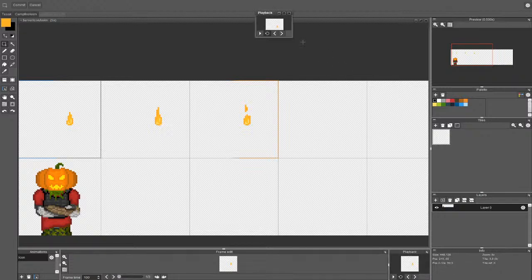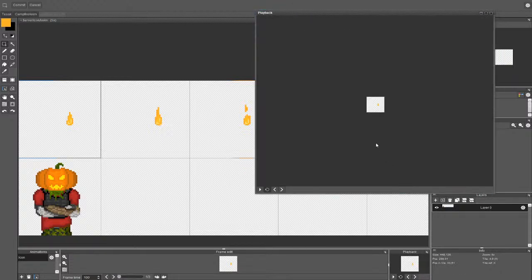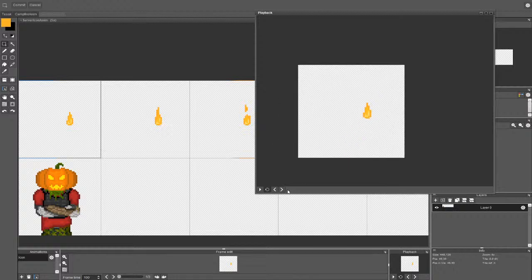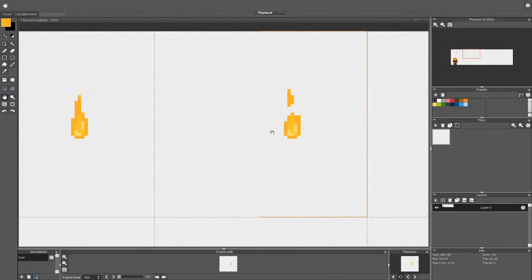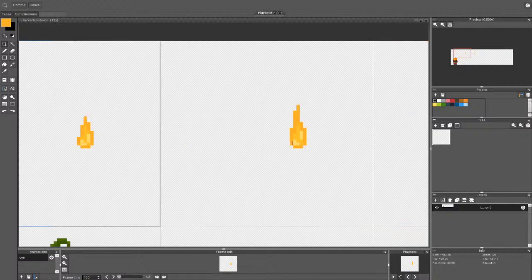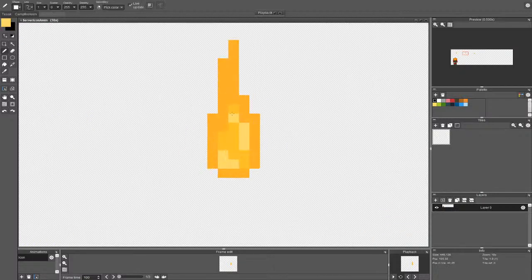And does this look any good? No, it needs more work. Of course it needs more work because we are not changing this part.